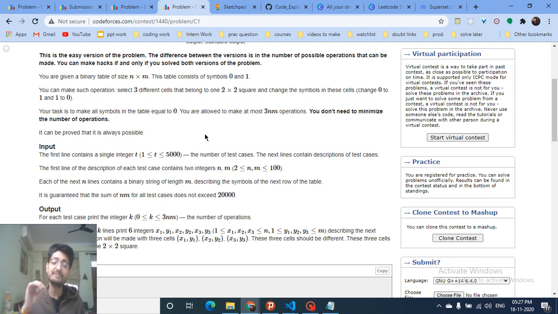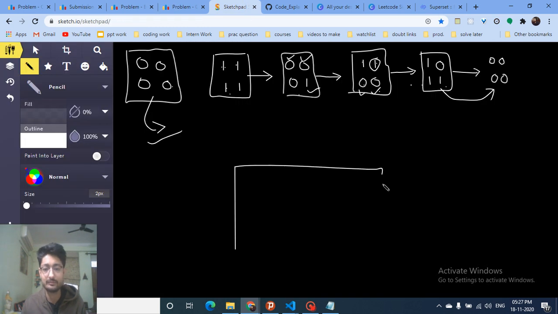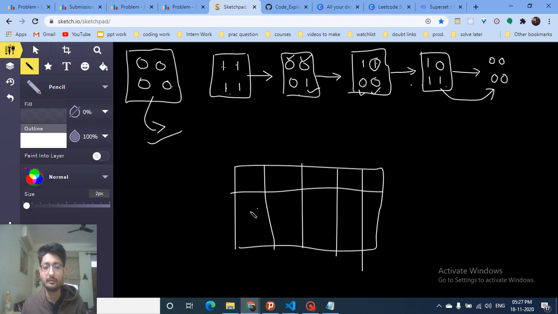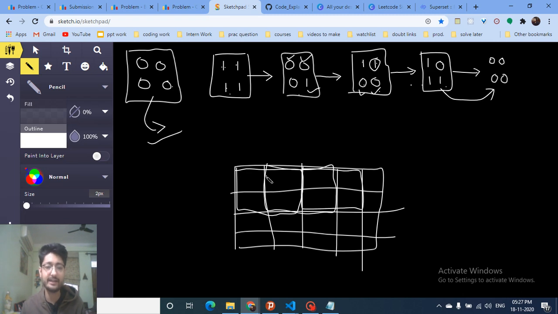Even if I take every 2 by 2 grid, starting at each point, I can do 3 operations at every point, because I cannot do more than 3nm operations, and nm is the number of cells of this matrix. Since it is 3, it means that for every square, as you can see, I can do 3 operations.